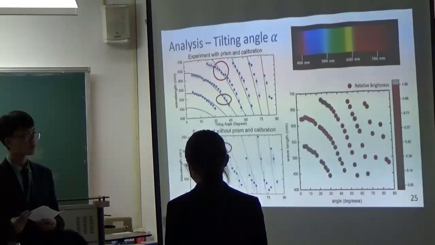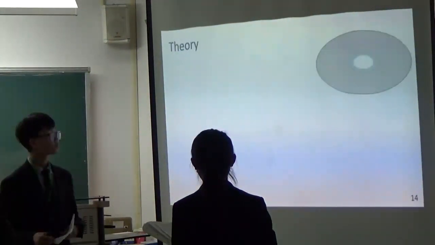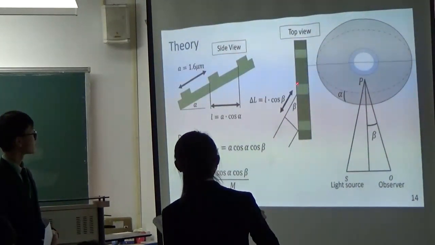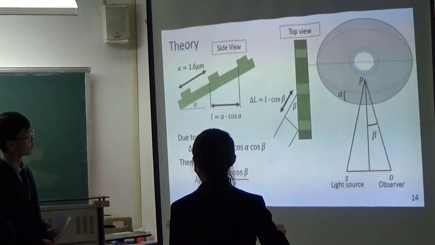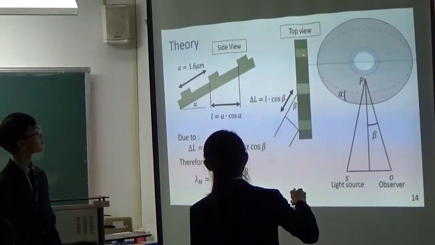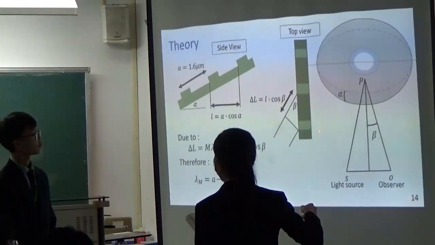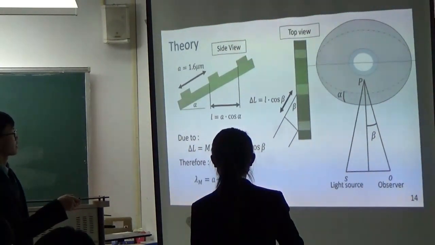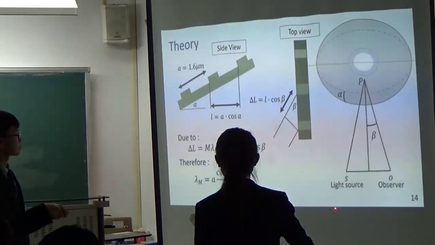Okay, and can you go to page 14? So I think here is the diffraction grating. Yes. Because you put here the dark and the bright and the dark and the bright, I think it is a diffraction grating. The picture is to represent that this is the track. This is the track, and this is the distance between the pitches, and the light will reflect.